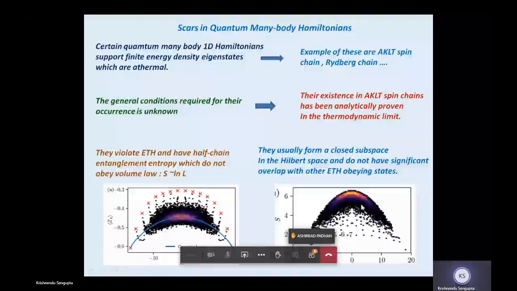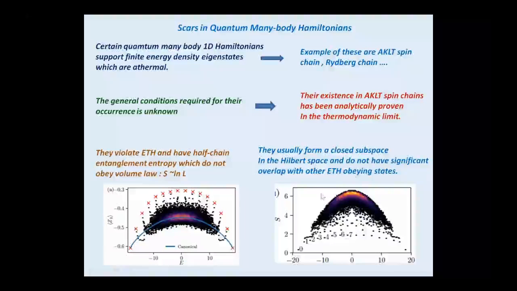But the point is that there are a lot of states in the middle, and these states in the middle have typically finite energy density. All of the states in the middle have finite energy density, but some of them, which are in the band, have very high entanglement entropy. These are the states, and you can check this, whose entanglement scales as L. So if you increase the system size, it's going to go linearly with system size.